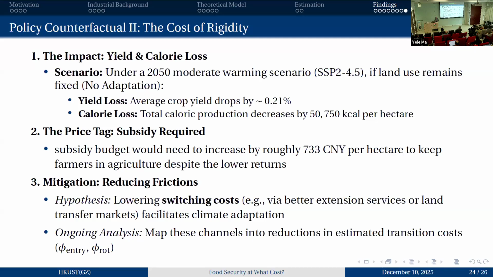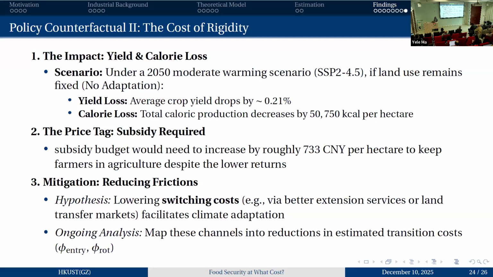It can calculate under a moderate warming scenario. The value is the mean space and adaptation pattern. Yield load average each crop will drop by 0.1%. And if we want to aggregate them together and get a comprehensive understanding of how it influences the food security of China, we will calculate them, transfer them all to the calories. And we find the total calorie production will decrease by 50,000